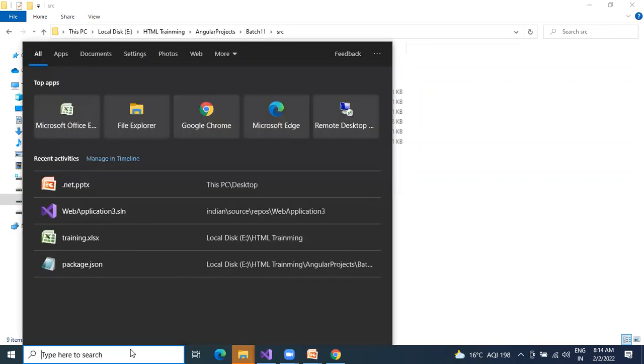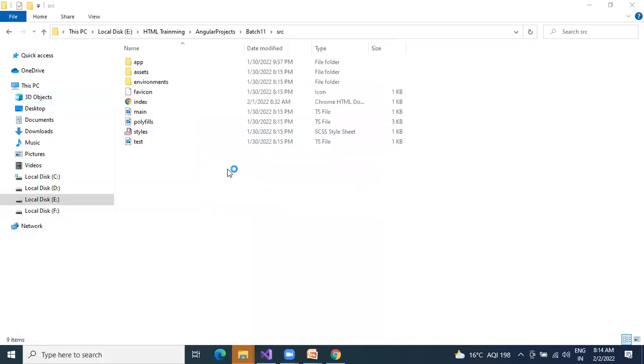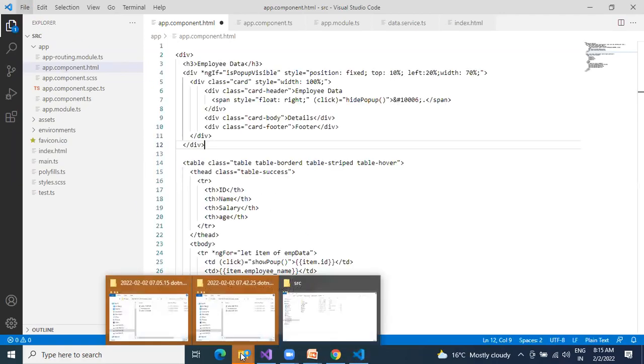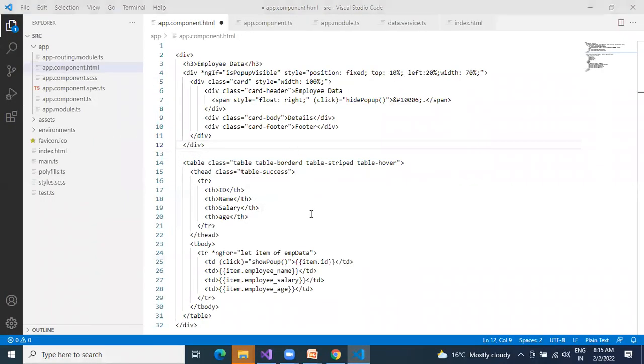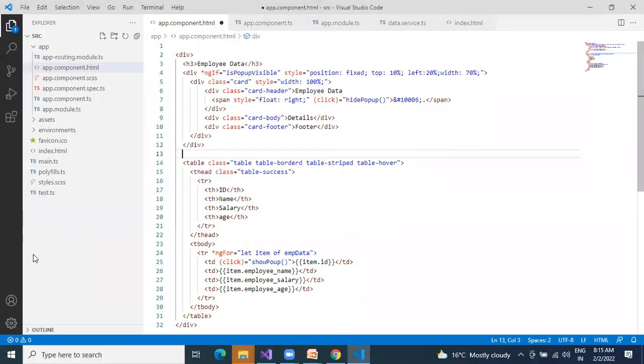So how to open Visual Studio with that path? Open Visual Studio. As a developer, which folder do you need to open? While working with Angular or React, it can be the same. The SRC folder. How to open it? Here you have the folder path. Copy this one. Open Visual Studio Code. Click on File, Open Folder, enter the folder, select folder. That's it. Your folder is selected. Your application is selected. So this is the application we saw yesterday.